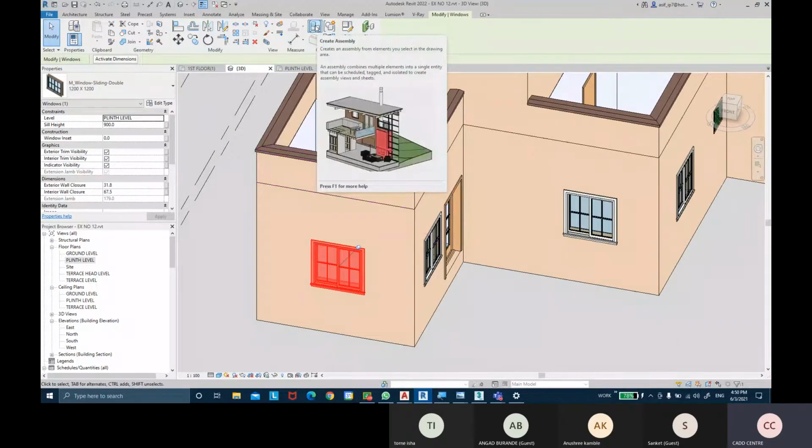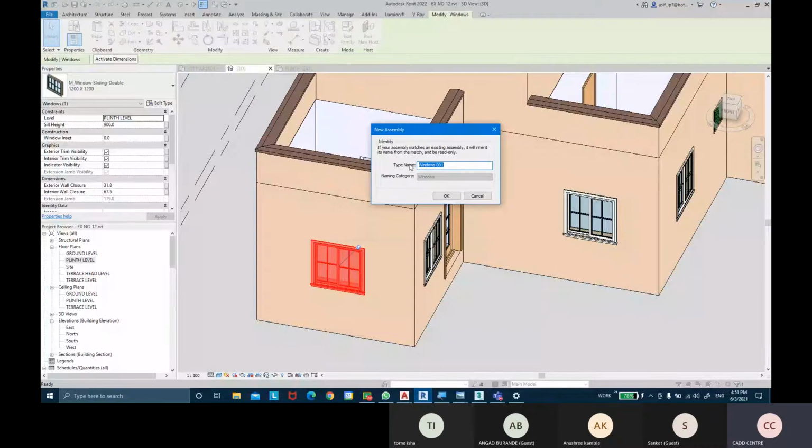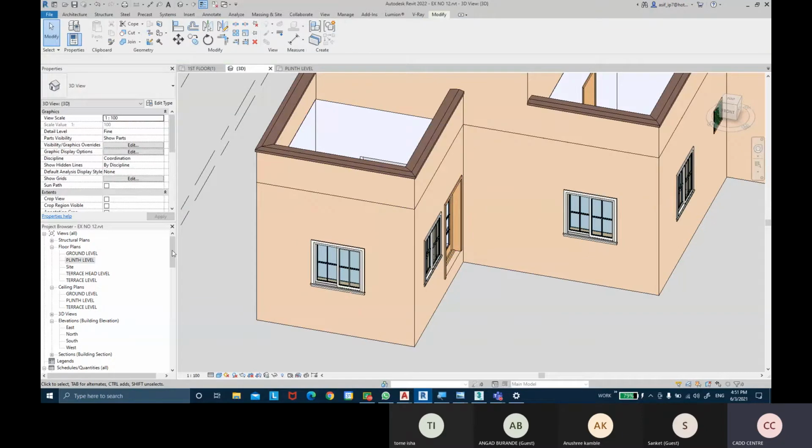So it will ask me what do you want to name this assembly. So I want to name this assembly called as sliding window dash WD working drawings. Okay, that's the name of the assembly. Then I'll click on OK. The moment I click on OK, nothing happens. Okay, nothing really happens. But if you observe in your project browser,